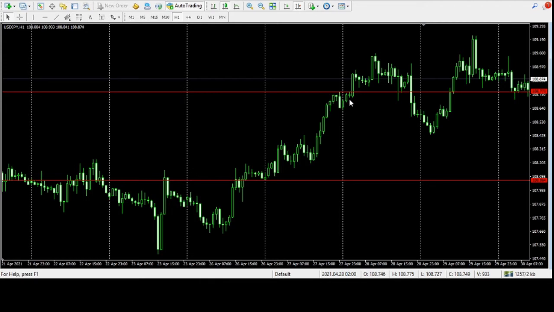If you are using a Nigerian broker, the daily candle opens at 12 midnight, right? And once you are able to find the previous day's high and low, you put them in the two-